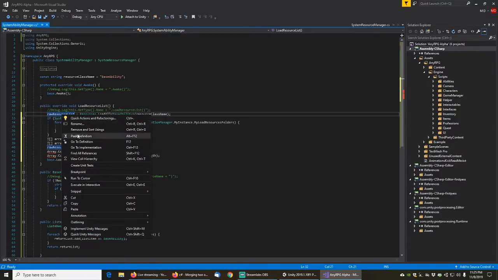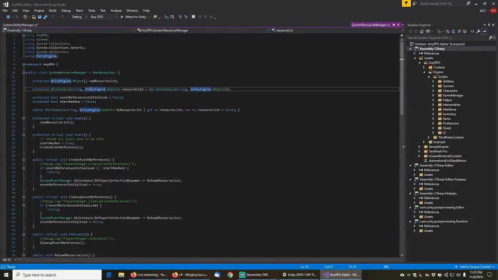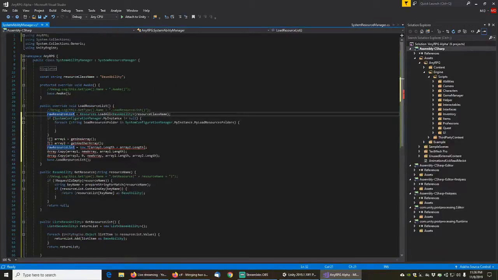Let's go back and just see how it was constructed again, of Unity objects, UnityEngine.Object. Okay, and